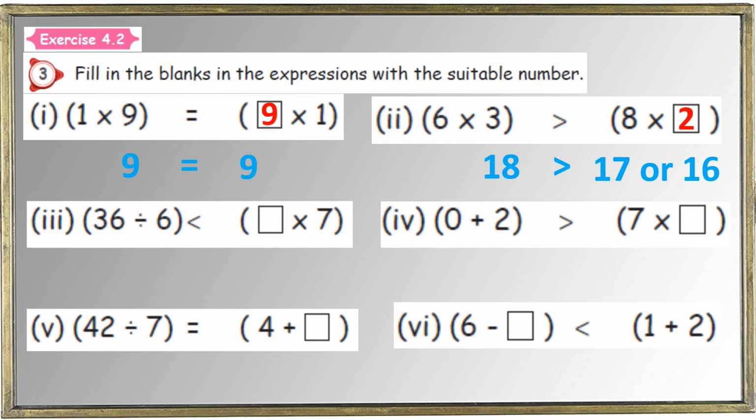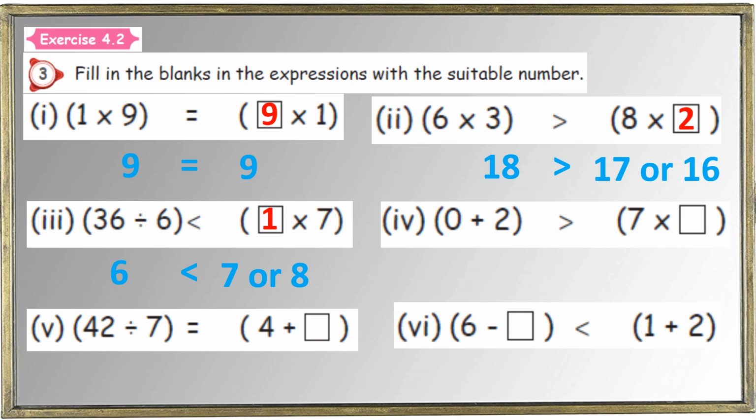Hope you understand now. Okay, come to the third one. 36 divided by 6. What will be the answer? 36 is the square number. So 6 sixes are 36. 6 is the correct answer. Here the less than symbol is there. So sure, we have to get an answer more than 6. More than 6 means it might be 7 or 8 like that. Fine. Now look at the question which was given to you. Box into 7, isn't it? If we multiply with 1, we get 7. So that's all. 1 seven is 7.